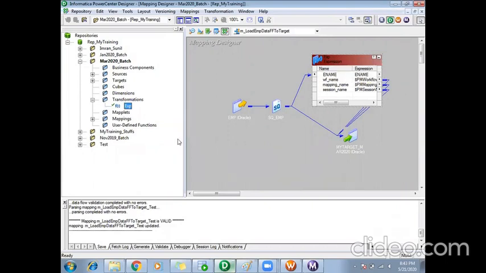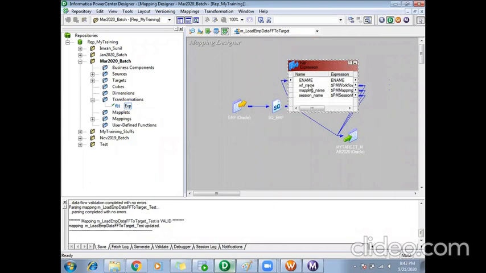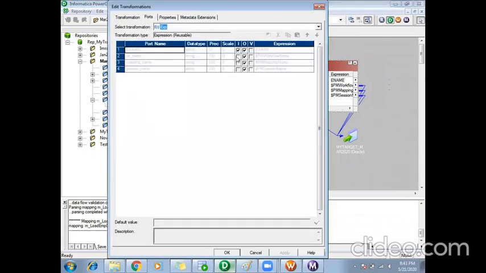Once the transformations are made reusable, I cannot edit them at the mapping level. I have converted this transformation into reusable. If I double click and go to the ports, everything is disabled now. I can't edit anything here.